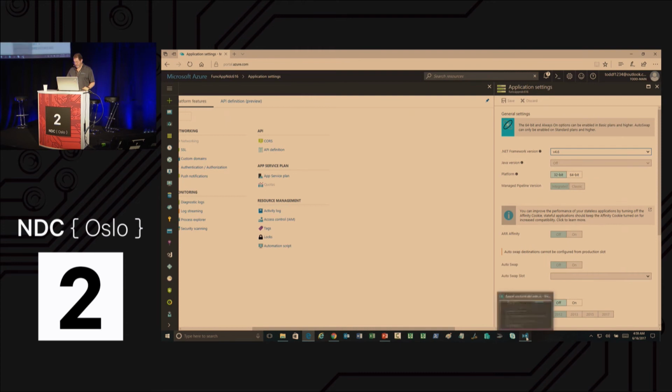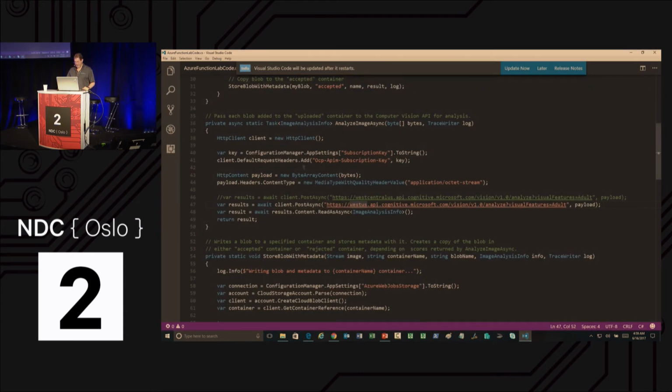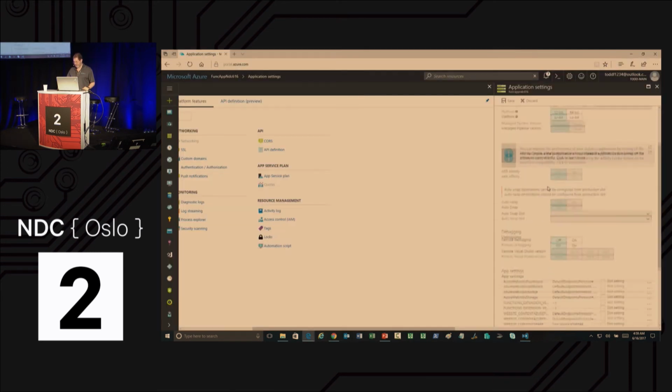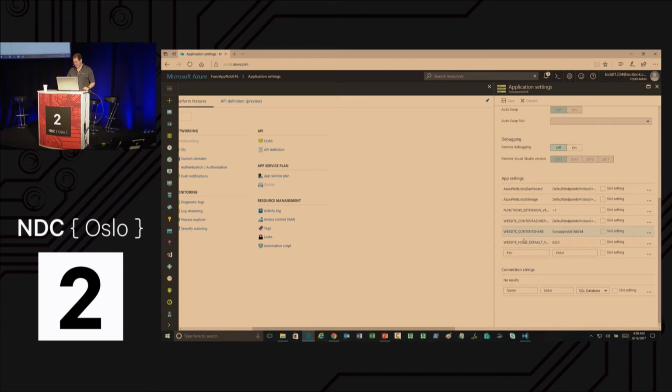Let me just bring this code up one more time so you can see exactly what I'm doing. We're going to get an application setting. It's called subscription key. That's the name we gave it in the code. So I'm going to scroll down here to app settings. And we're going to call this subscription key. And we're going to put in that key that we copied.